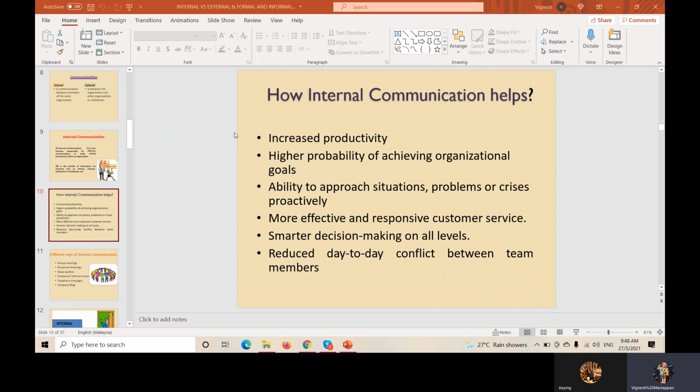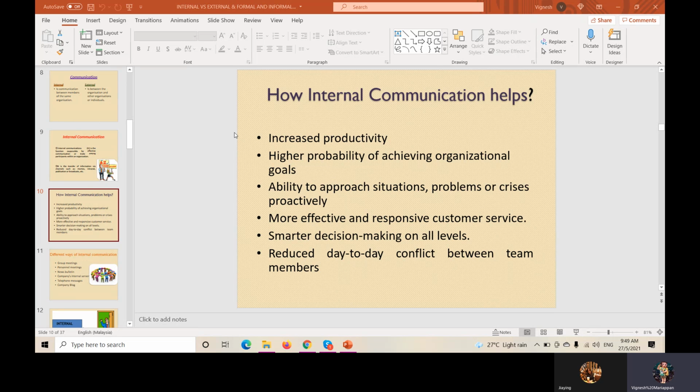If you are communicating within your organization, meaning within the members of the organization, of course you can easily face any situation, correct? Because you are communicating with each other. On the spot, face to face is better, right? Because you are communicating everything spontaneously, you give your feedback, and then your members also spontaneously give their feedback, so it will help you all to solve any situations, problems or crises which happen in the organization. Understand or not?